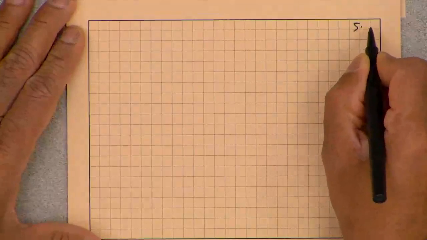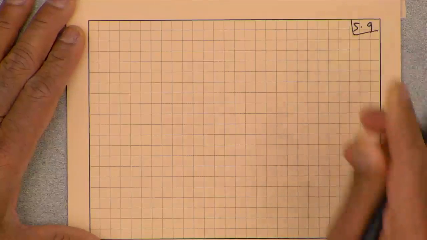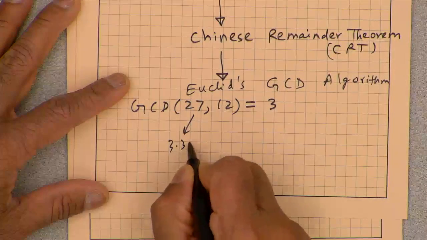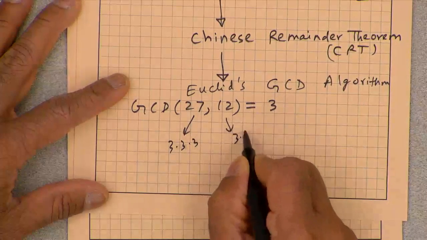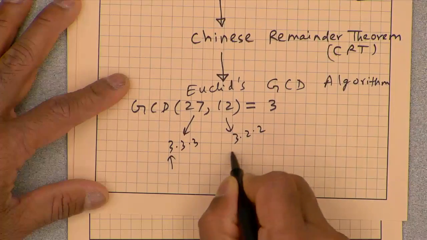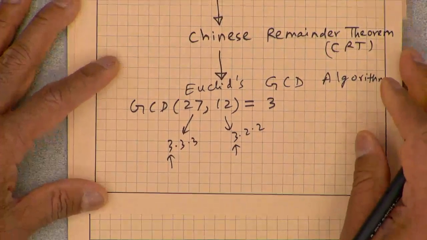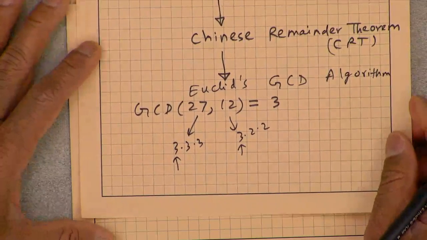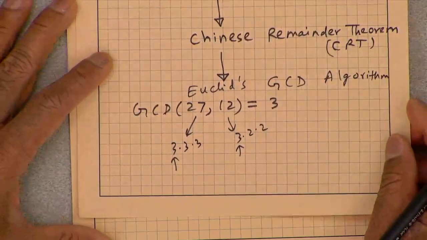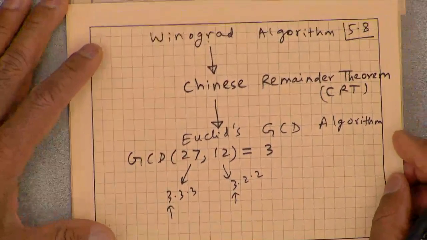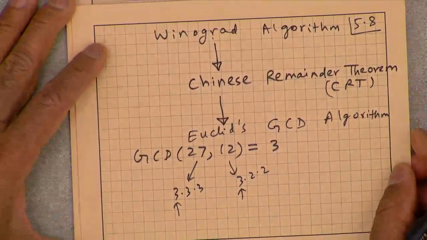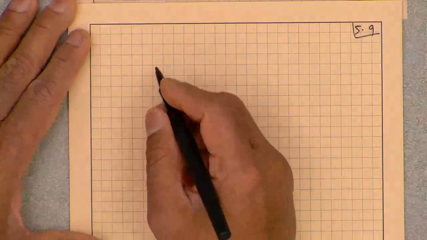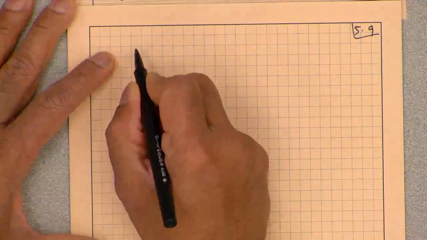So if you have big numbers, well, first of all, finding factors is a great way to do it by hand, and then the common factor is 3. But if you have 500 digit numbers and you want to find a GCD, you let a computer run the algorithm and find it. Now, there were no computers in Euclid's time, but he developed the algorithm that can be run on computers. Okay, so this is how Euclid's algorithm works.